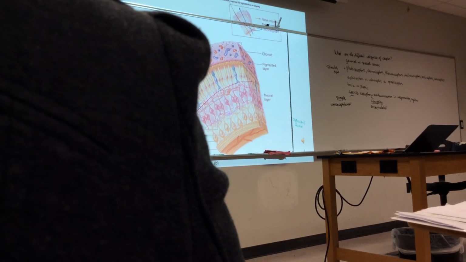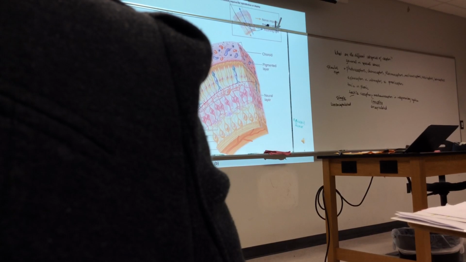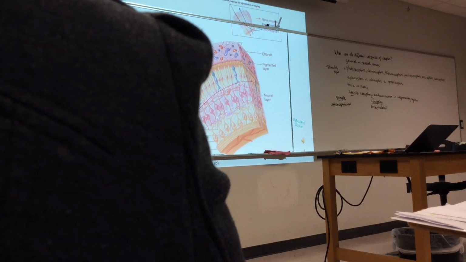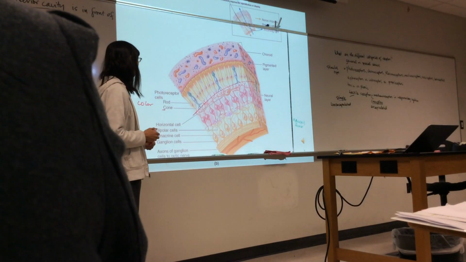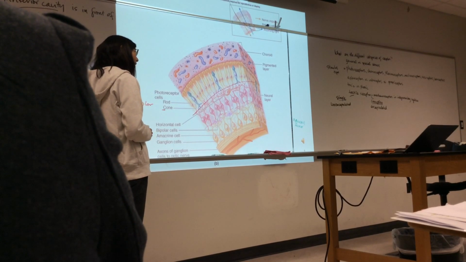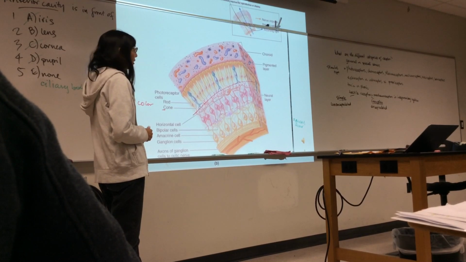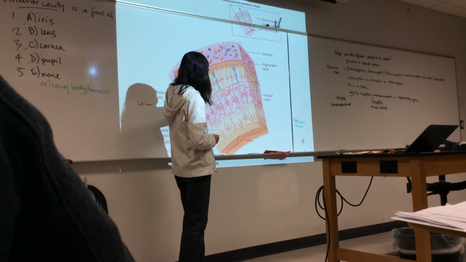How to remember this? C for cone, C for color. So what do you think rod does? Black and white, yeah, light and dark. Okay. So rod is responsible for your light and dark sensation, and cones are your color receptors. Okay. All right. So anyway, so light comes in, stimulate the